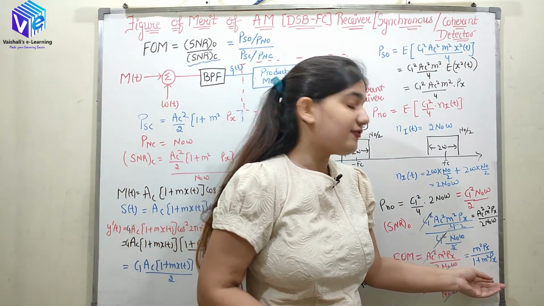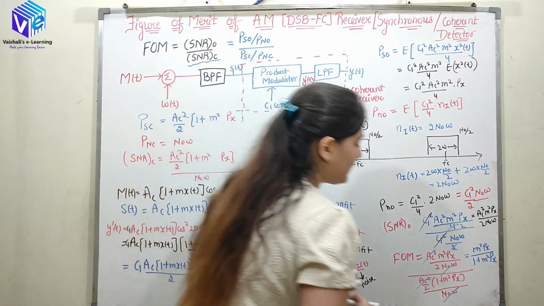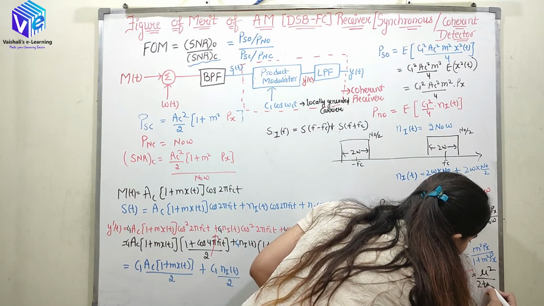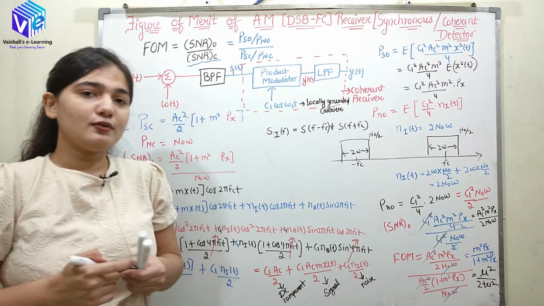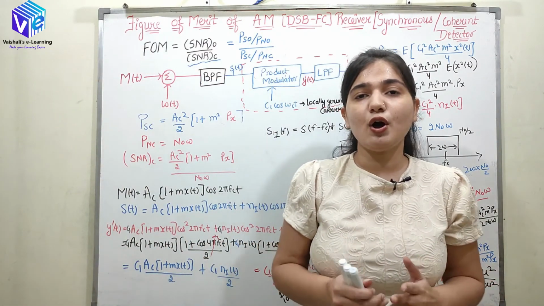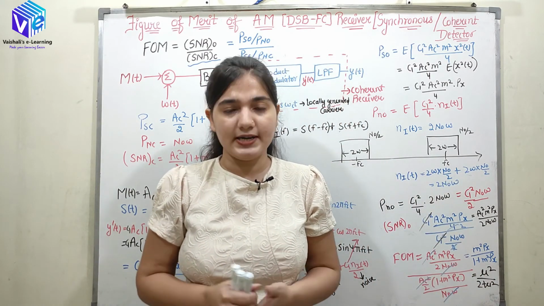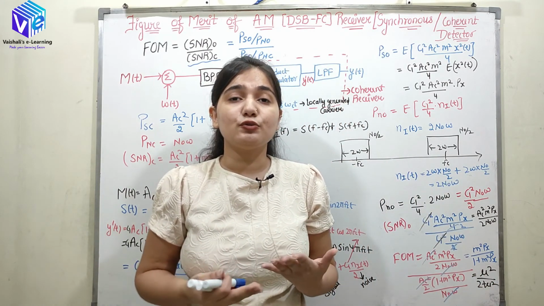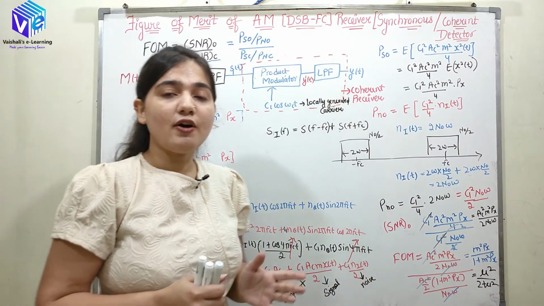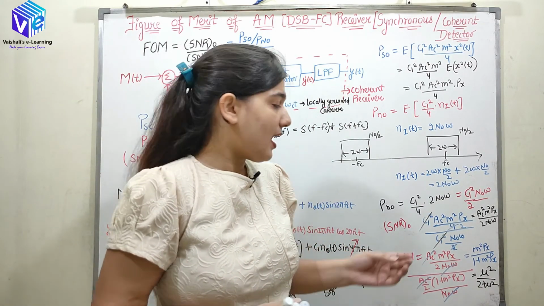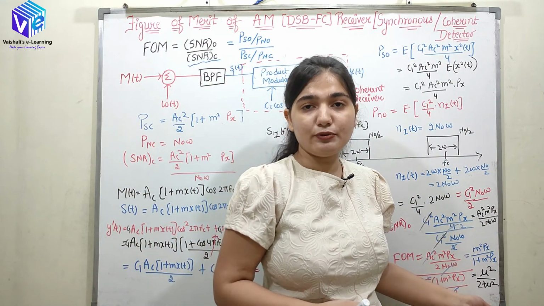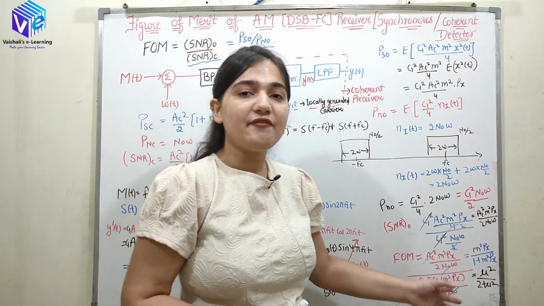So now if you see the figure of merit, again I can represent it in terms of mu square. So it will be equal to mu square upon 2 plus mu square. So now you can see the figure of merit is the same in the case of envelope detector as well as coherent detector. So what do we get to know? It does not depend upon the type of detector in the case of double sideband full carrier, and the output figure of merit is equal to the efficiency only. Here also it is equal to the efficiency.